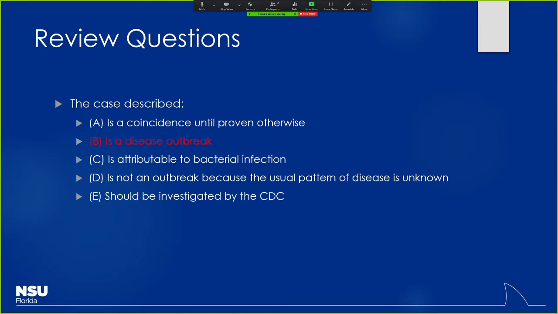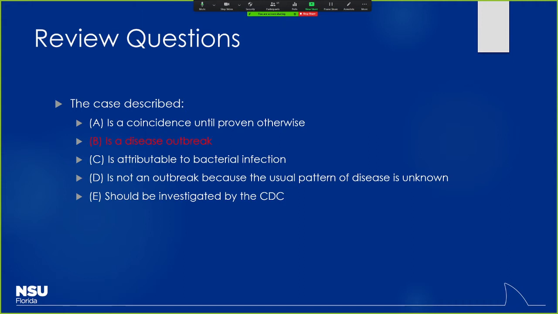If you're looking at gas station sushi or something, maybe your incidence would be a little bit higher. But looking at this, you would probably not expect a lot of people to develop these sorts of symptoms, white counts and fevers and all sorts of stuff, right? So because of that, we could probably say it's a disease outbreak. We could do an investigation and see maybe it was a coincidence. Who knows? But it's one of those things where you don't necessarily want to assume that when you have this many people being affected, this percentage.